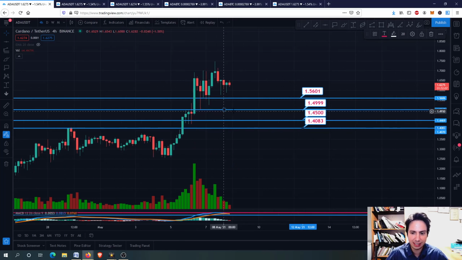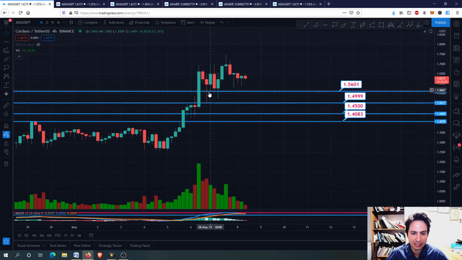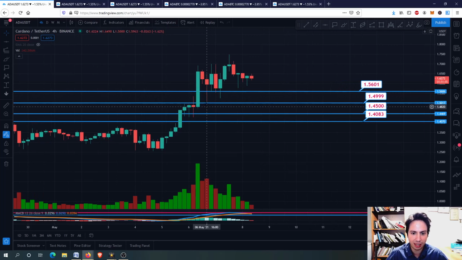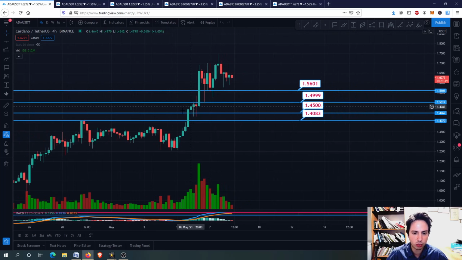For now, you can see why it was previously. I just drew them by the naked eye. You can see why our support level here, once we hit two times our support level, 7th May and 6th May, and of course we hit at the same time, 6th May, the 1.50. The 1.50 was previously our resistance line as well before we get this impulsive candle here.